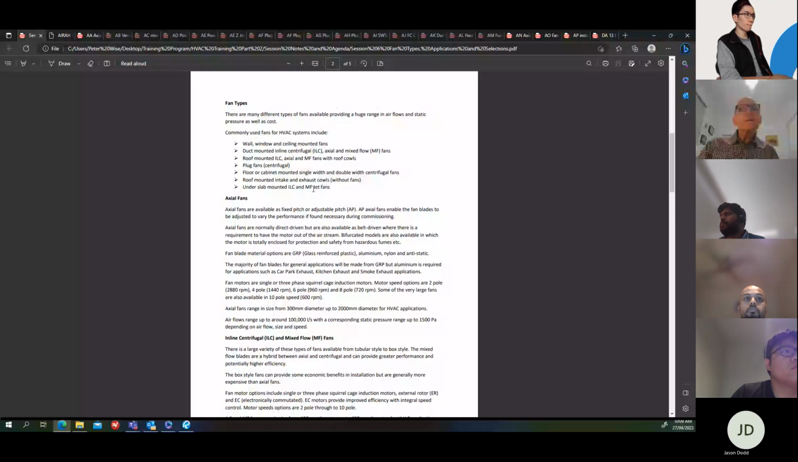They're normally direct driven, but are also available as belt driven, where there is a requirement to have the motor out of the airstream. Bifurcated models are also available, in which the motor is totally sealed for protection and safety from hazard. I'll just show you